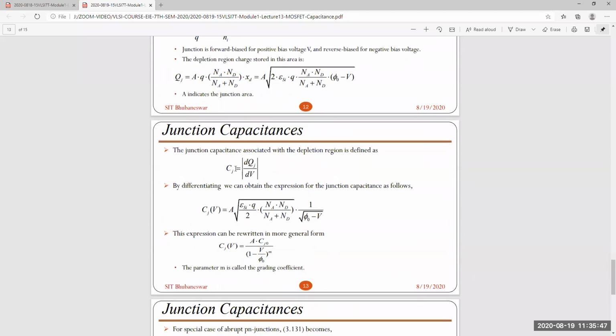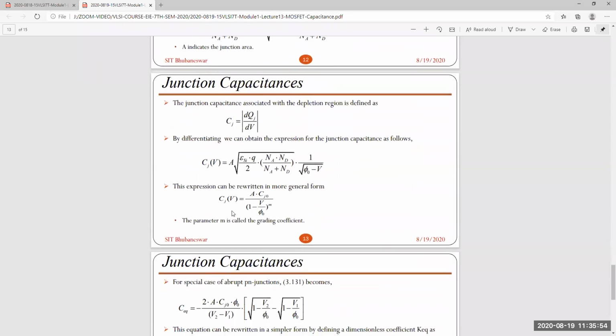So then you have to integrate and differentiate that charge. Finally, in every book we will see this as the final thing. So how the capacitance will change depends upon the voltage in the junction capacitance. This C0 is a process parameter. The vendor will give the C0 value, that is, for this particular technology, what is CJ0.